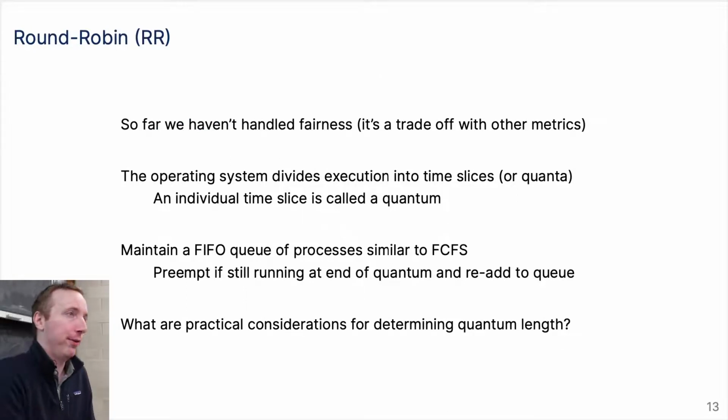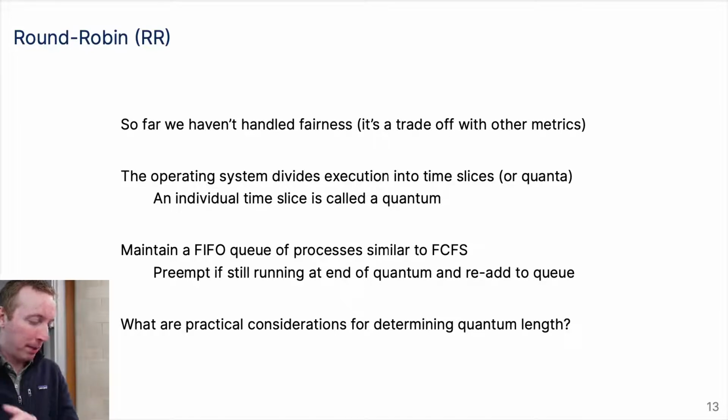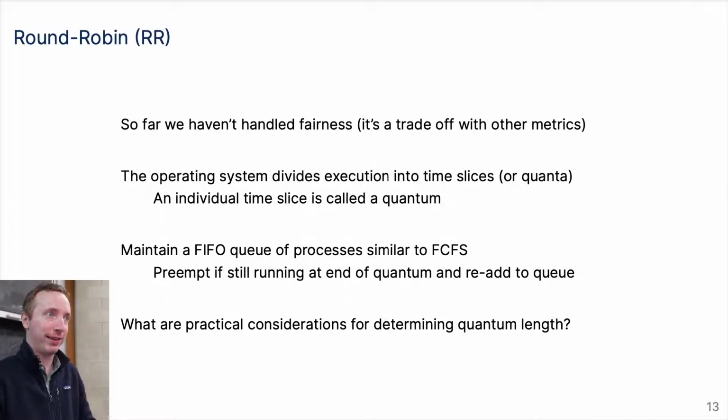All right, so far, the scheduling has been, 1, not super realistic because we won't know how long stuff takes. And then 2, it isn't super fair. It has that starvation issue where long-running processes may never execute. So if you want to handle fairness, one thing you can do is just round robin. So you essentially divide the execution up into time slices, which are called quanta. Don't ask me why. Computer scientists want to use fancier words than just time slice.